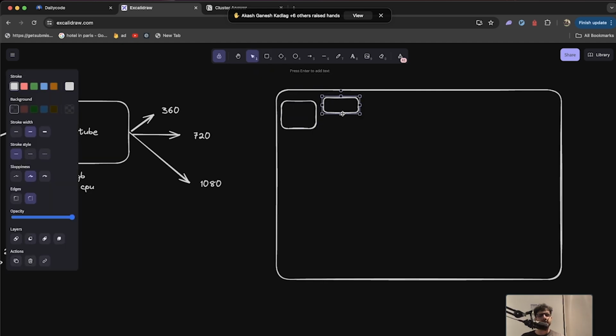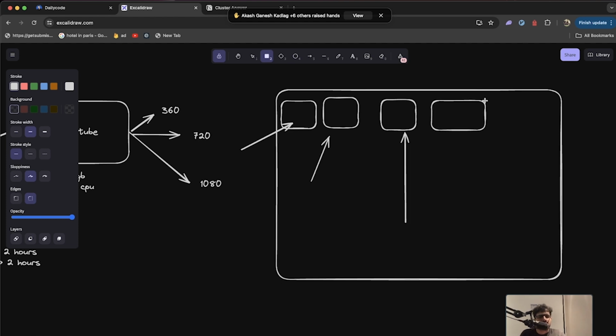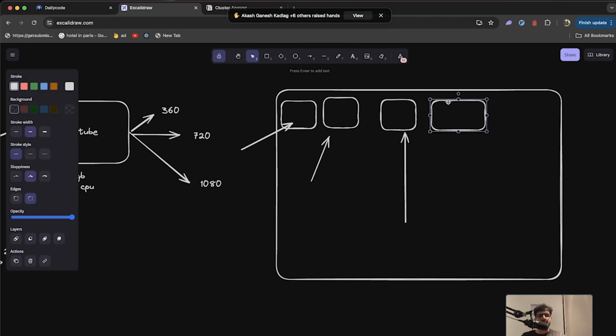If the first person comes, you give them access to the first machine. Second user comes, you give them access to the second machine. Third user comes, you give them access to the third machine. Then the fourth user comes, and that is when the question arises: what happens? Should we auto scale or should we do something else? There can be multiple answers here. One answer is yes, please auto scale. So what you can do is,